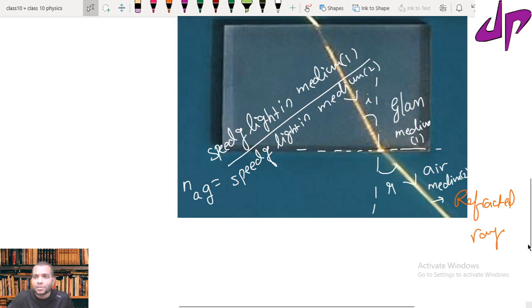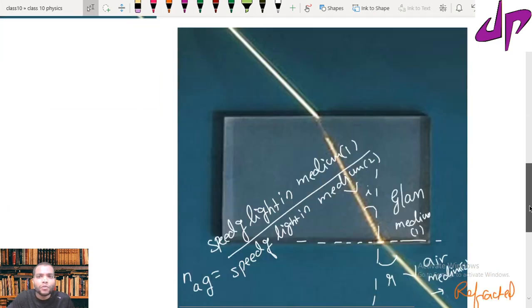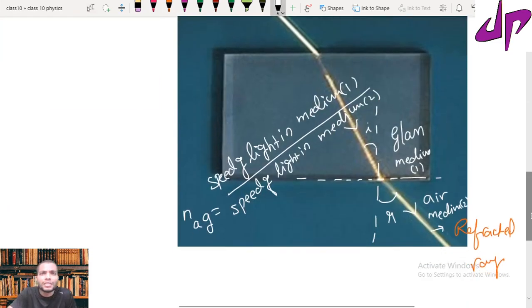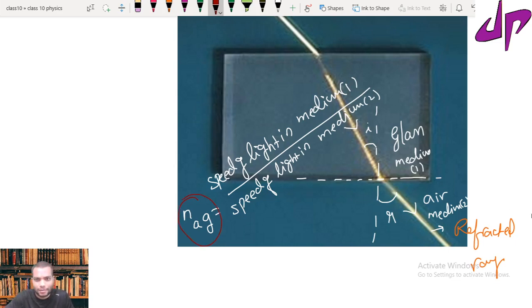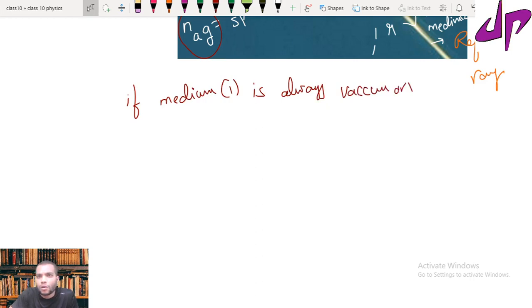I hope you understood these three different examples of the mediums. So whenever you are dividing two speeds of light with respect to two different mediums, this refractive index value changes. Okay, so what happens if you always take medium 1 as vacuum or air? If medium 1 is always vacuum or air,